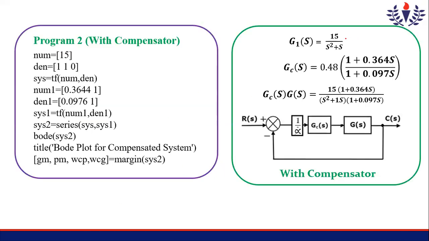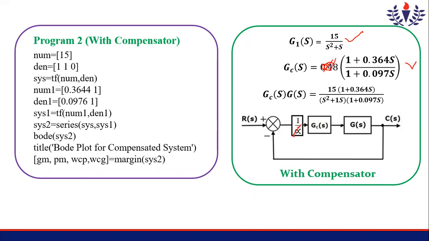Coming to the programming part, this is the open loop system and this is the compensator transfer function. This is the compensator system. If you observe the block diagram here in the compensator, there is alpha into this transfer function, numerator by denominator, and here also 1 by alpha is there. So this alpha and here alpha will get cancelled.